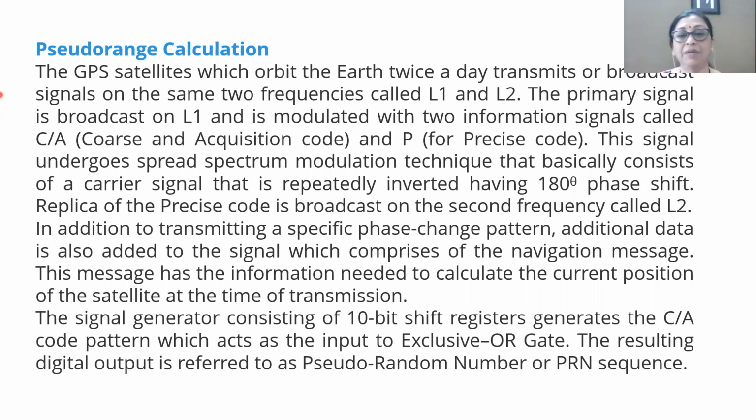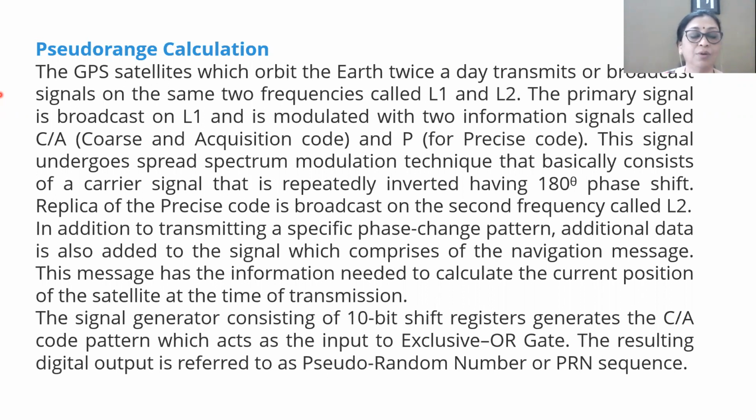Navigation message means it will give information about the coordinates of the location, and this is added to the phase shift keyed signal. To this, the digital codes are again attached, and to attach this digital code, the signal generator consists of a 10-bit shift register, and this 10-bit shift register is going to generate a coarse acquisition code pattern,